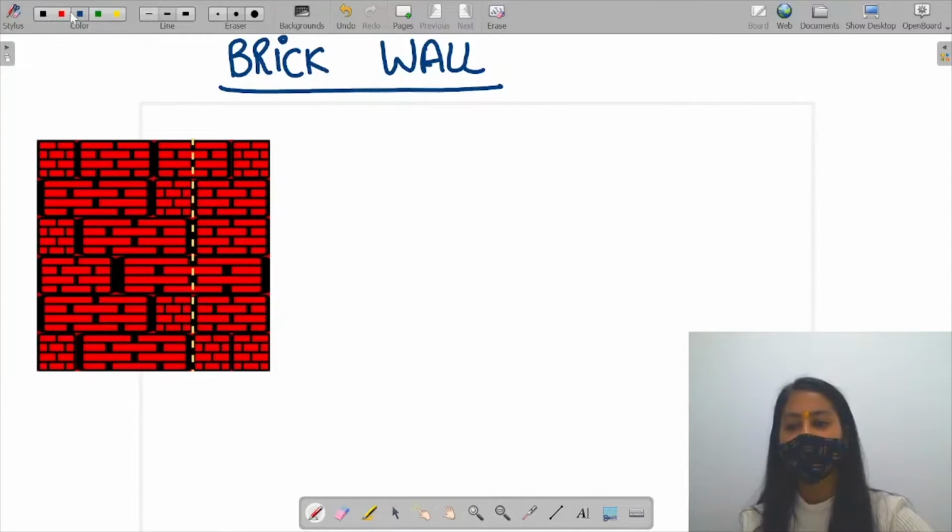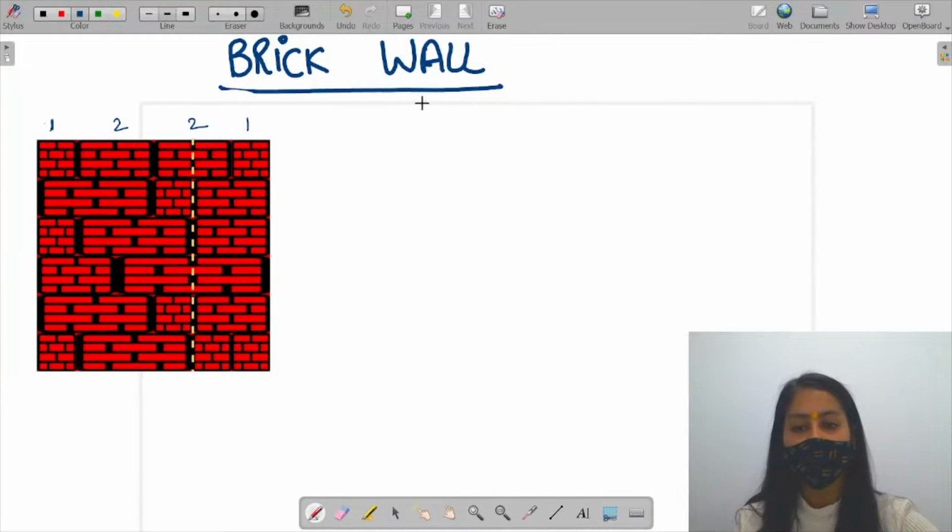So in this question we are given a rectangular wall made up of bricks. Now all these bricks are of equal height. Now height of all these bricks are same, right? But the width of all these bricks are different, right? So height of all these bricks are same and the width is different. For example, the width of this brick is 1, the width of this is 2, this is 2, this is 1, right? So we are given the input like this.